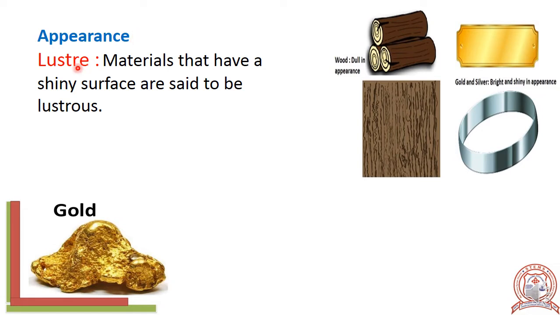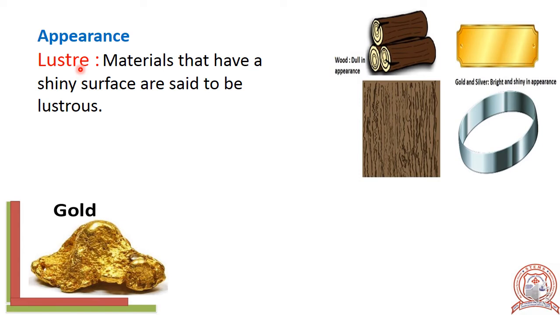Okay. Here, luster. Luster means shine. Metals like silver and gold have a shine, whereas wood does not have that much shine. Similarly, synthetic clothes have a shine, whereas woolen clothes do not. That we already learned in which lesson? Fiber to Fabric. Silk clothes shine, cotton cloth does not shine. Okay, there is a difference like that.